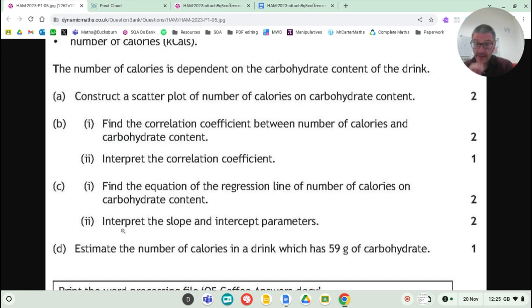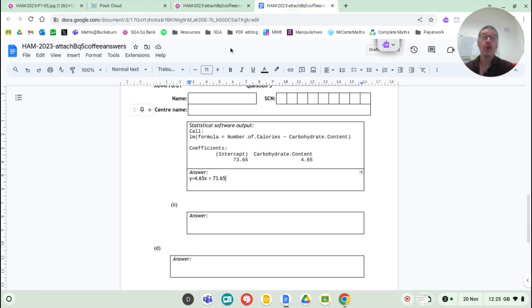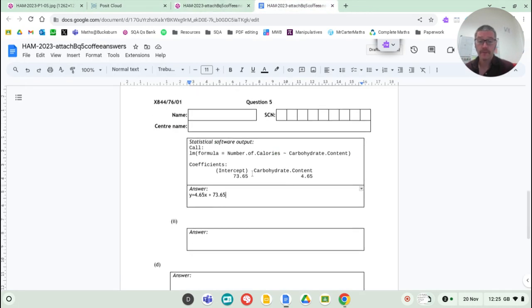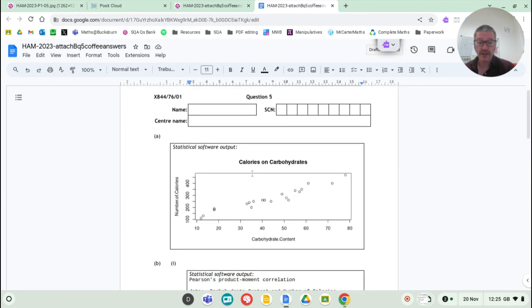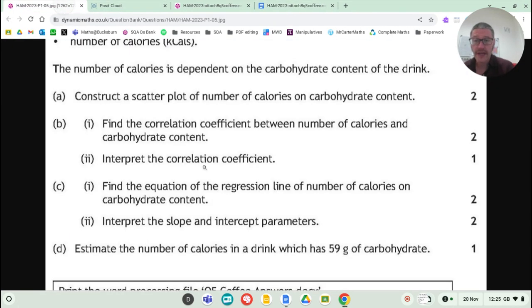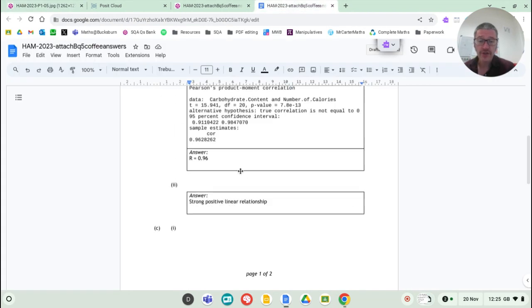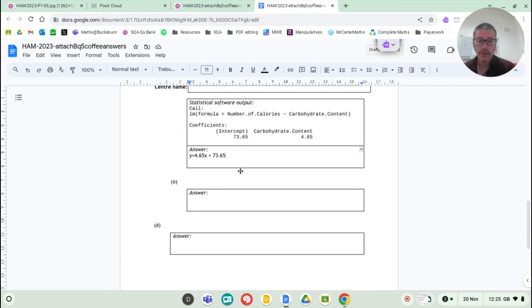B part 2, interpret the slope and intercept parameters. So it's basically asking us, what does this 4.65 mean, and what does this 73.65 mean in the context of the question? So if we have a look at our scatter graph here, we've got carbohydrate content along the bottom. The carbohydrate content was measured in grams. So our slope, this second variable,